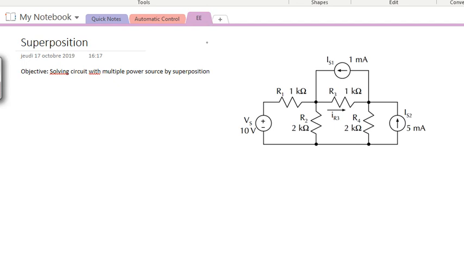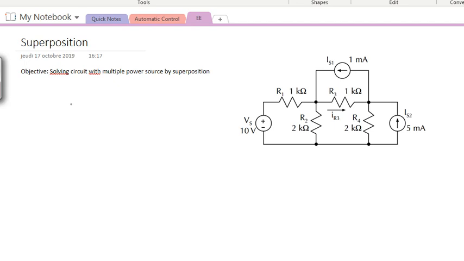So this superposition method is basically applied to a linear circuit. It can be used only for linear circuits. That means that it is a circuit where the components involved are linear components. So for example, resistors, voltage and current supplies, which are linear, capacitors, inductors in linear range, of course, and linear amplifiers. But it is not applicable for circuits with non-linear components with on-off characteristics, for example, diodes or transistors.